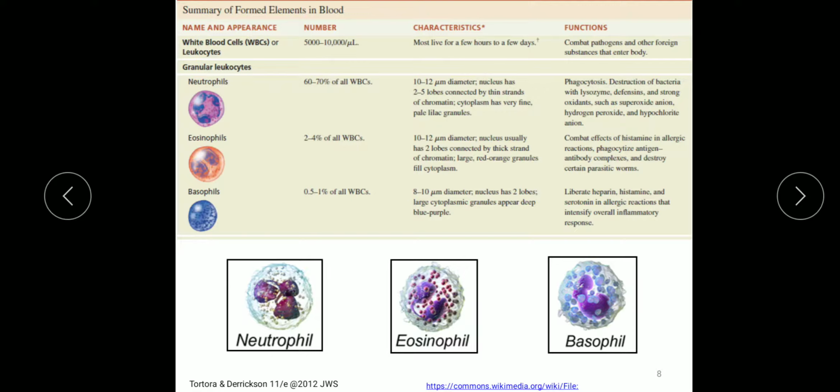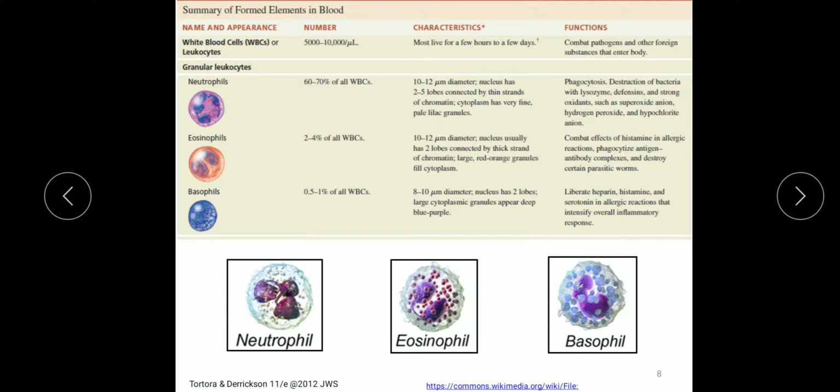Several different chemicals released by microbes and inflamed tissues attract these phagocytes. Neutrophils respond most quickly to tissue destruction by bacteria. After engulfing a pathogen, during phagocytosis, neutrophils unleash several chemicals to destroy the pathogens.